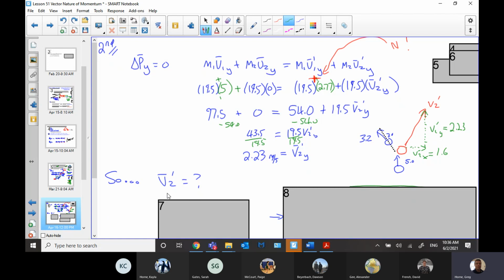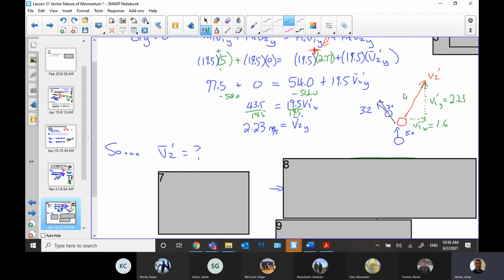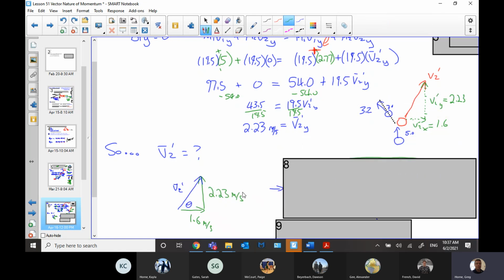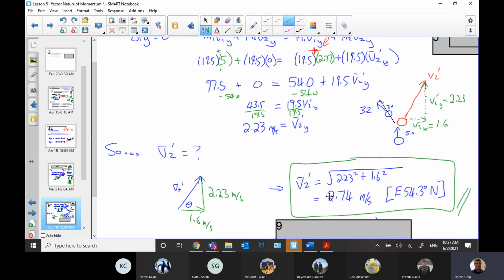So now what do we do to get that overall V2? Of course, you can tell here, you've got a right triangle. And so we're going to use the usual steps from our vector work from grade 11, right? The Pythagorean theorem gives us the length, and tan inverse is going to give us the angle. Easy peasy. So there's the equivalent diagram. That's what I would probably do anyways, is take that diagram and make sure to emphasize what we're doing and get the numbers.